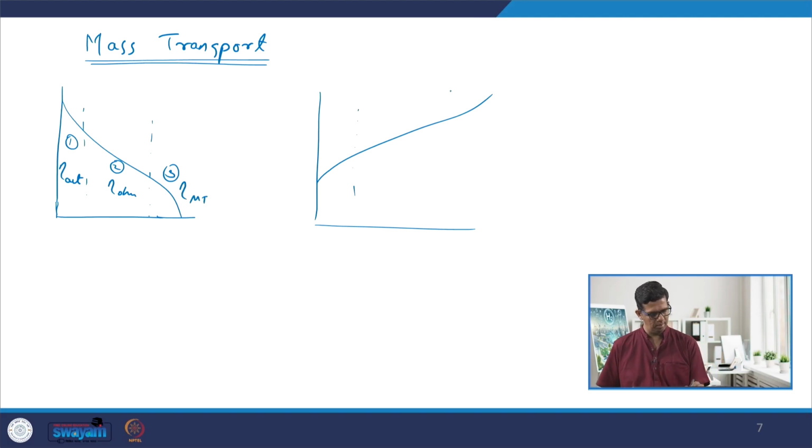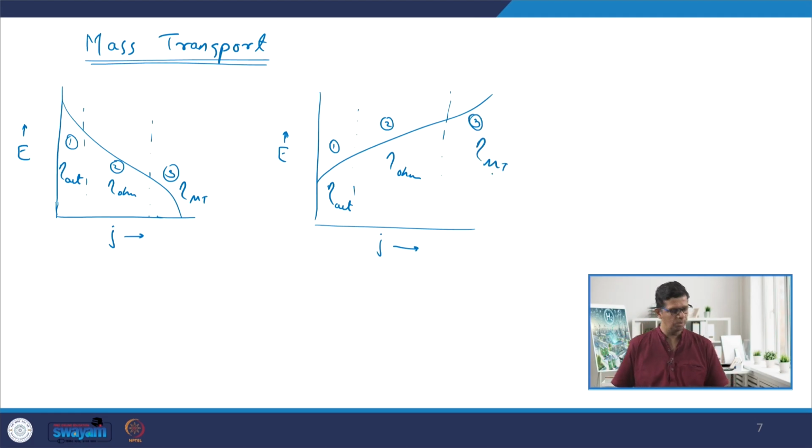The same is also applicable for the electrolyzer. This is E. So here also we have the activation zone, ohmic, mass transport, and we have seen that activation overpotential is basically the energy